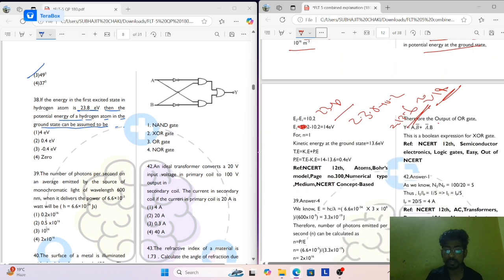Yeah, the total kinetic constant is 13.6. So 14 minus 13.6 is around 0.4 electron volt. This is an approximation value, you can take this. This will be equal to